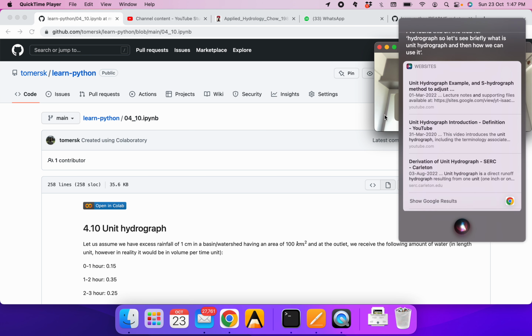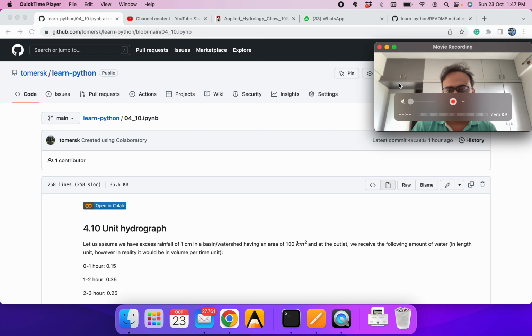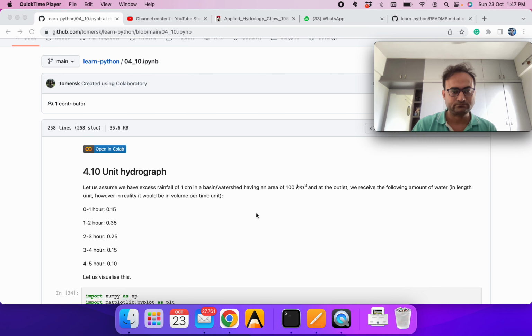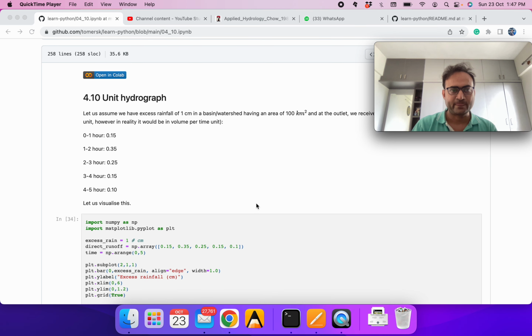Okay, I found this on the web for a hydrograph. Let's assume we have 1 centimeter of rainfall in a watershed. Of course, now we know, if rainfall is 1 centimeter, immediately it will not reach the outlet. It will take some time to reach the outlet.